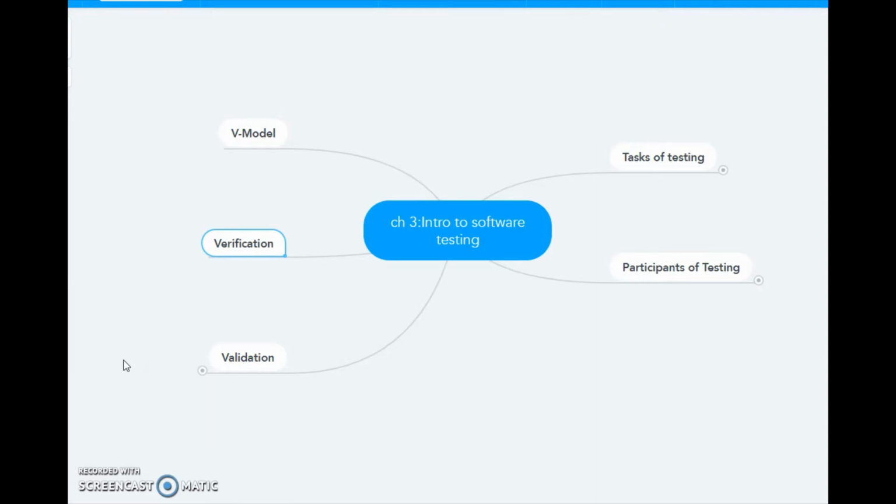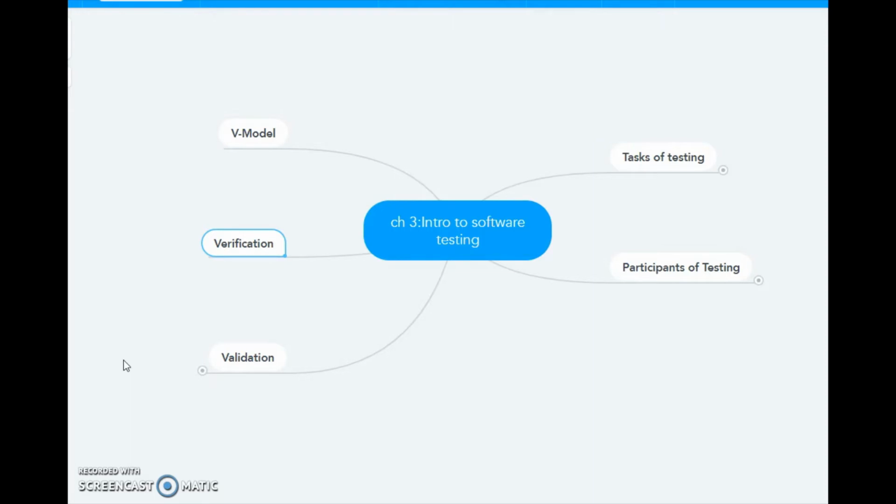So purpose of verification. Now the software application needs to conform to some predefined requirements. Each of the phases has a different set of requirements, right? In the requirement analysis phase, we get the SRS from the customers. In the analysis and design phase, there is a document created, so that is the requirement of that particular phase. So the software application has to conform to a certain predefined set of requirements.